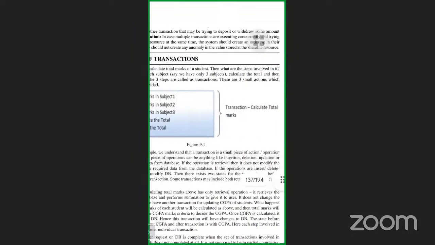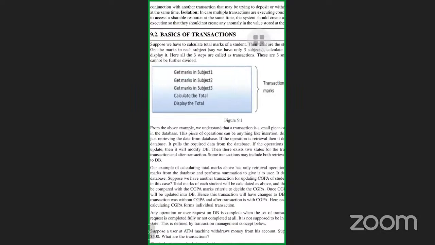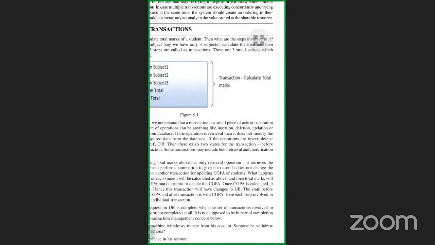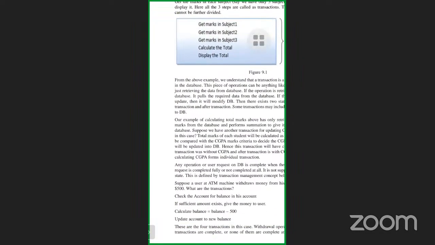So calculate the total and then display it. So here all these 3 steps we call transactions only. These are 3 small actions. See here, first of all, get marks of subject 1, subject 2, subject 3, then calculate total, then display total. So in this, what we are understanding is, if you want to find total marks, you should know